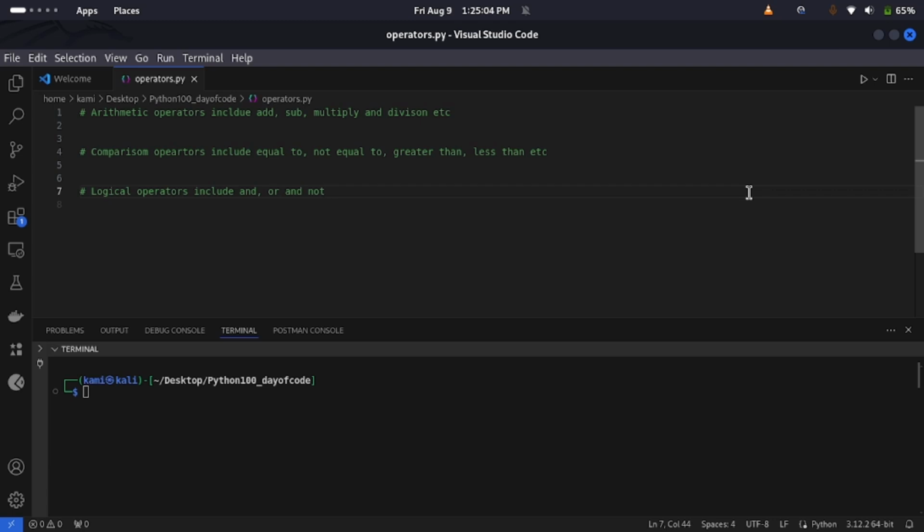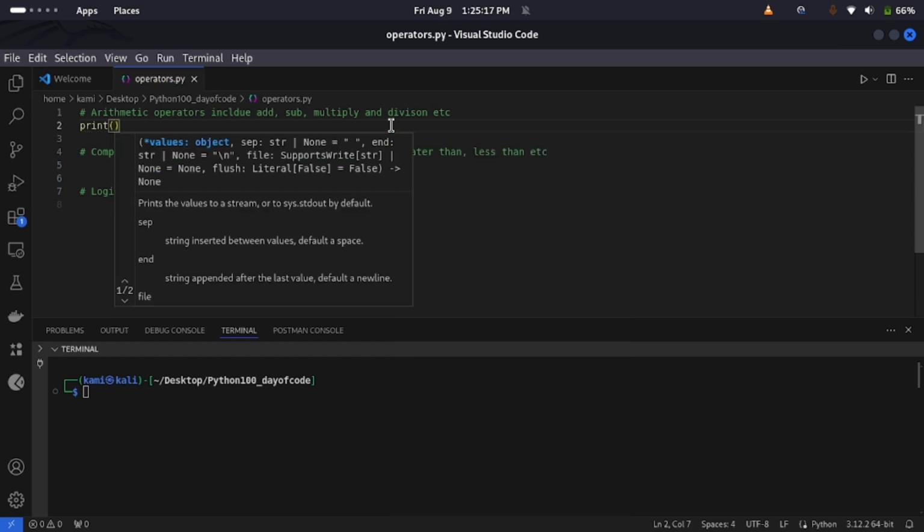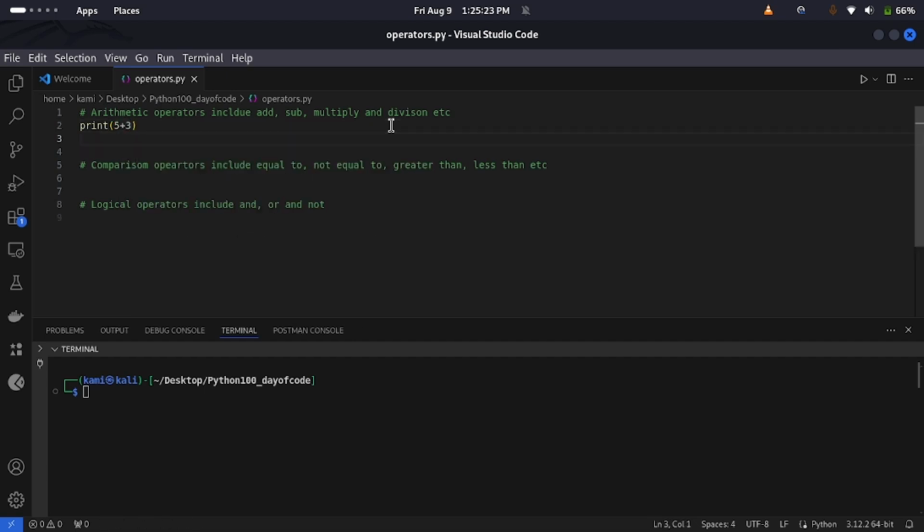Starting with arithmetic operators. Arithmetic operators are operators that allow us to perform basic math operations such as addition, subtraction, multiplication, and division. And here are examples using the print function so that we can see those operations happen in our terminal. Say 5 plus 3, then 5 minus 3,